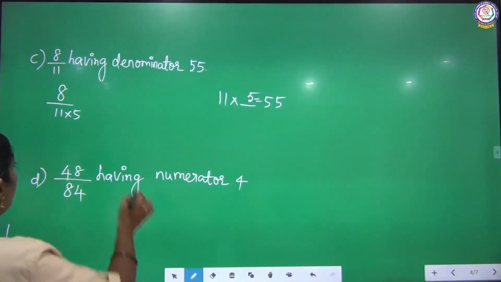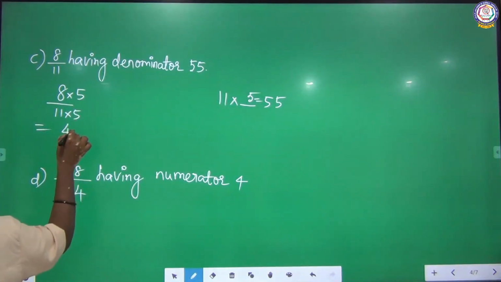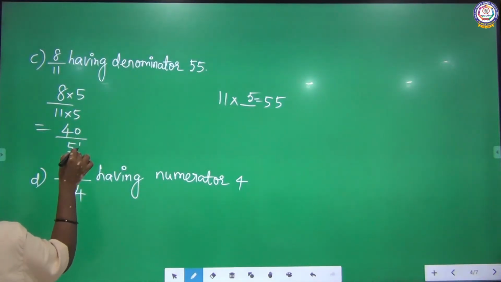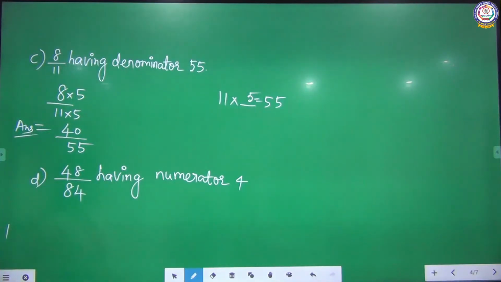The same thing, numerator also I have to do. So what is this? 8 5s are 40. 11 5s are 55. So this is my answer. Can you clear this, children? Next,